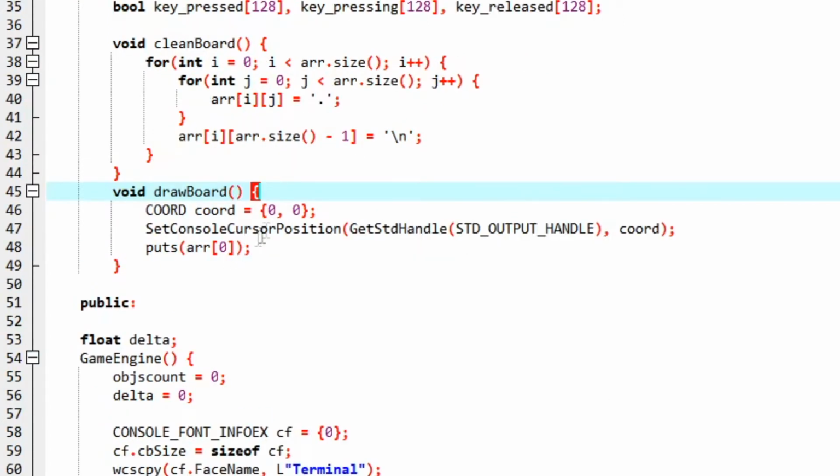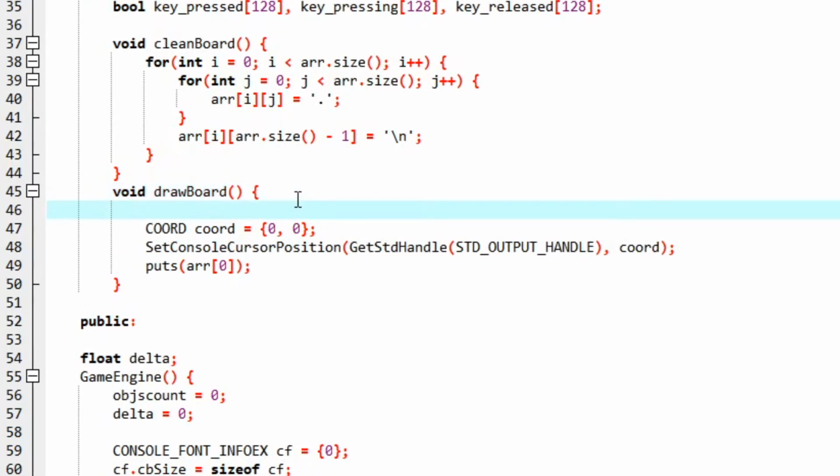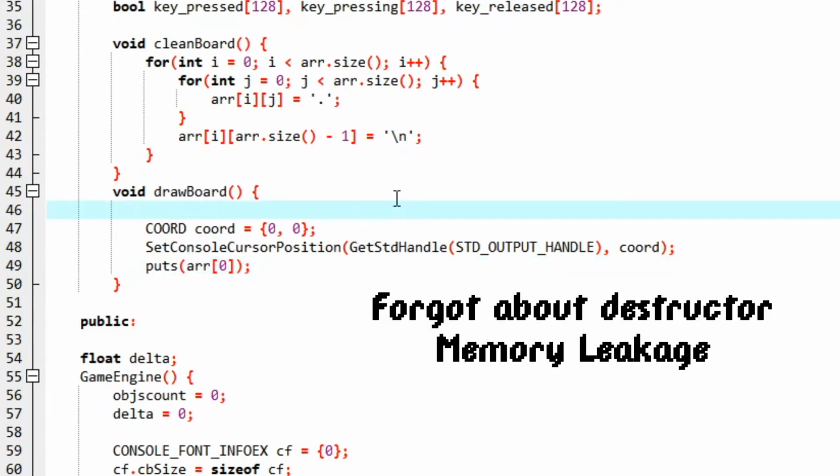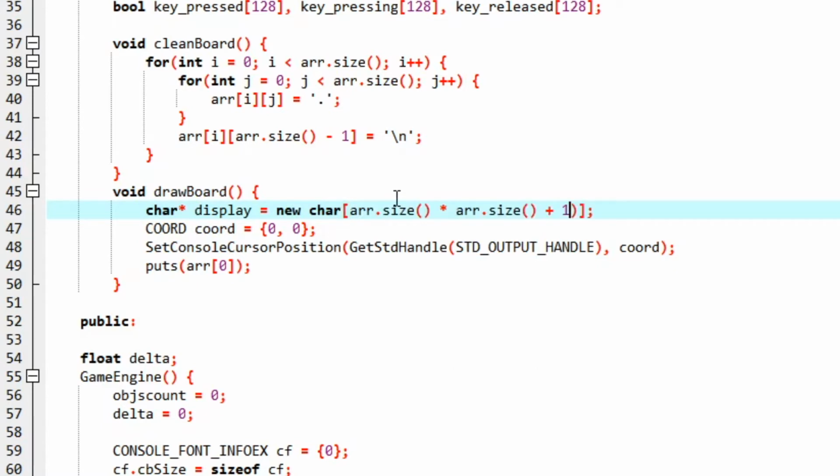So I'm going to do something here which is not really efficient, but I guess for now it is going to be fine. Basically the function puts takes a static array. I cannot pass a vector to it, but I am using vectors now, so I need to somehow incorporate that. For that, right now I'm going to create static arrays for this, and I'm going to give it the size of my 2D vector, and I'm going to add 1 here.